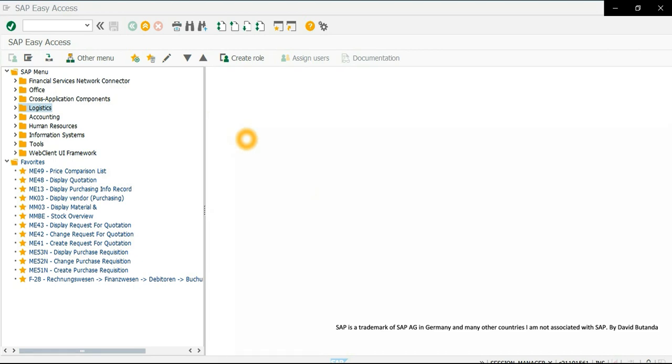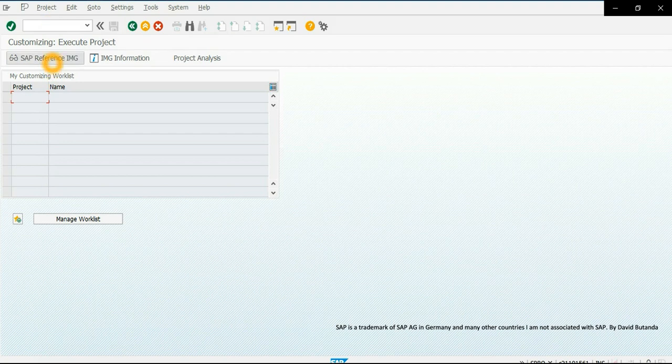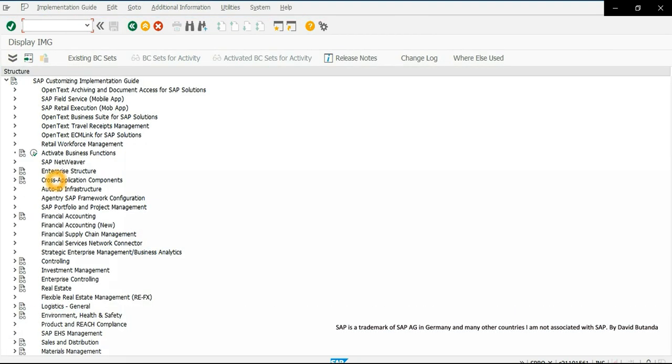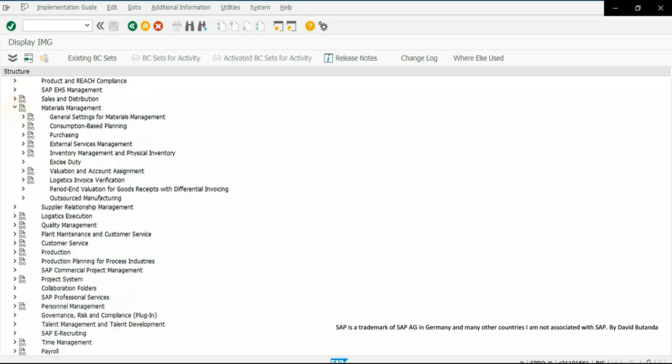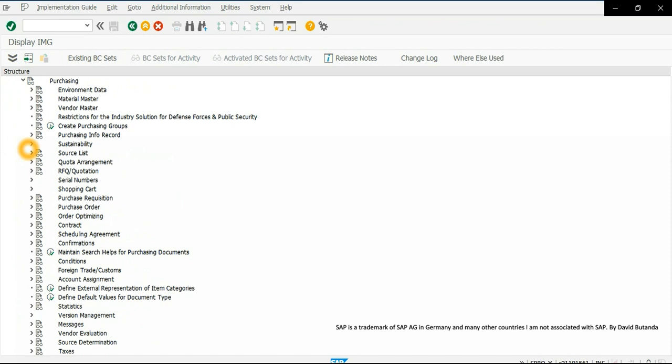We have to do 2 steps in customizing and 2 steps in material master data before we can create a scheduling agreement with release procedure. So first we are going to SPRO, customizing, then SAP reference IMG. We scroll down until materials management. We select it, and then we select purchasing. Then we select